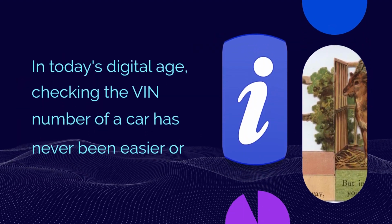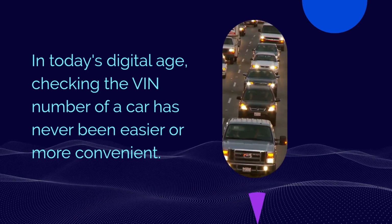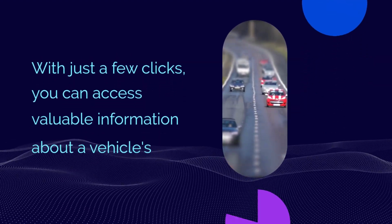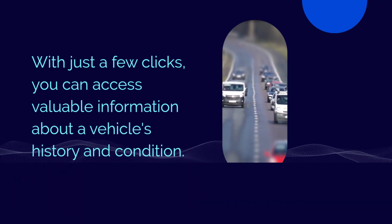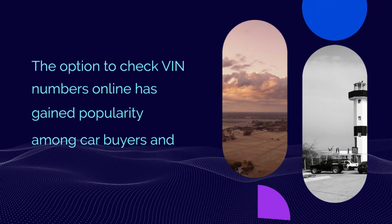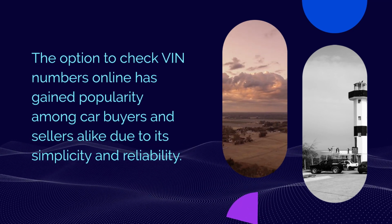In today's digital age, checking the VIN number of a car has never been easier or more convenient. With just a few clicks, you can access valuable information about a vehicle's history and condition. The option to check VIN numbers online has gained popularity among car buyers and sellers alike due to its simplicity